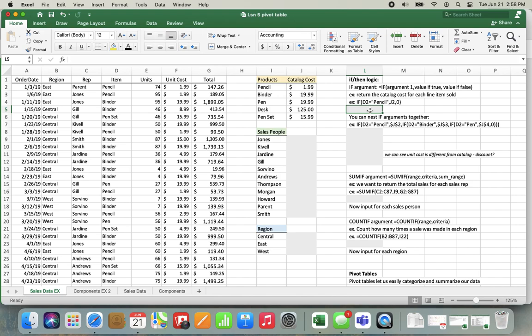So I'm telling Excel in that first row, if it's a pencil, give me the catalog cost. And it's written here as an example, equals IF. So IF, and then we're going to create our argument, our logical test, and then if that's true, give me this value, or if that logical test is false, give me this value. So our argument is if D2 is a pencil. So if D2 equals the word pencil,